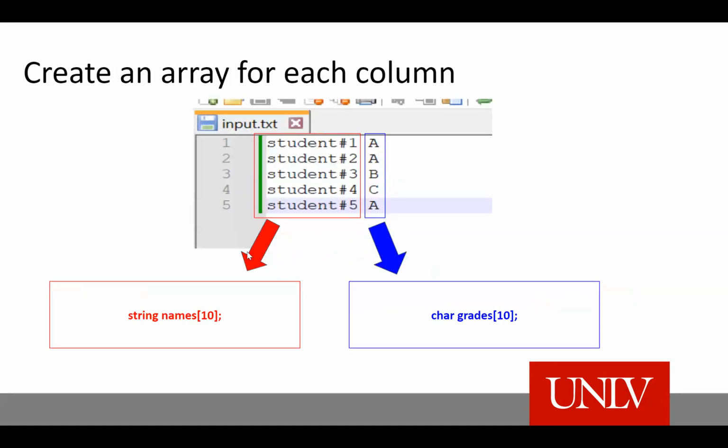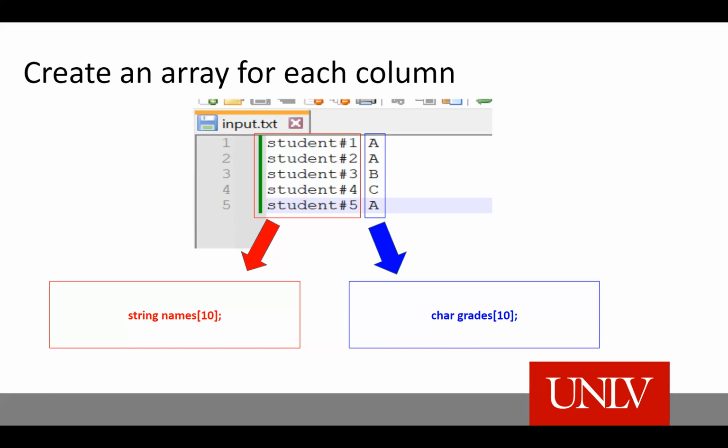Now, I'm taking a couple of arrays. The first array is of string type with 10 elements, and the second array is of character type with 10 elements, called grades. Now, remember, both character and string types do not contain any garbage values, but rather they contain empty or null values. So I don't need to worry about flushing off garbage values. All I am concerned with is that I want to store student names in one array and their corresponding grades in another array.